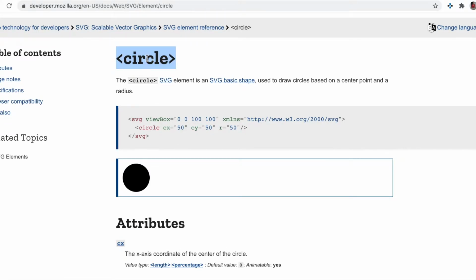As the name suggests, circle is nothing but an SVG element which is used to plot a circle. To plot a circle, we should be passing two properties. First is the center of the circle. As we know, SVG is a coordinate system, so we should be passing x and y for the center. And then if we pass the radius, we will see the circle is getting plotted.